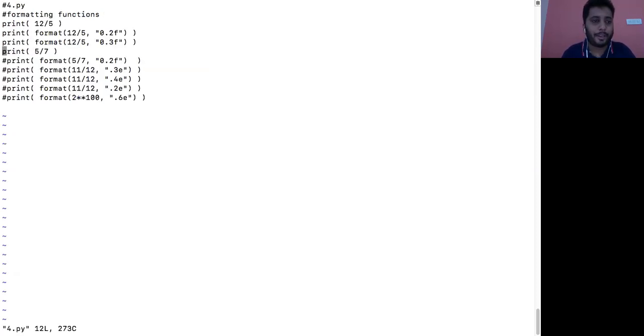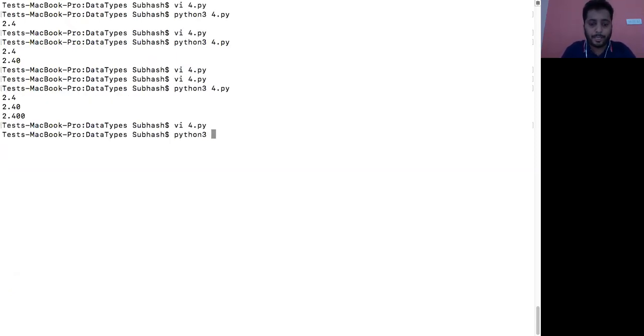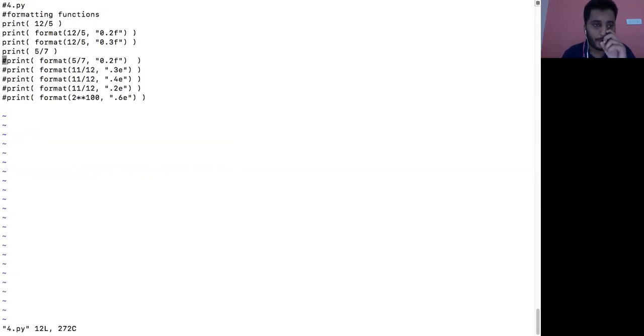And then we have again print 5 divided by 7, a new one. Let me see what is the output of print 5 divided by 7. How many decimal places are there after the point? Let me run this 4.py. Oh, it's a huge number. When I say huge number, we have 16 digits after the point, 7142857 and all that. It's a big number. So what I want to do is format 5 by 7, and I want to cut out the remaining digits and only have 2 digits after the decimal point. So let me see if it actually works.